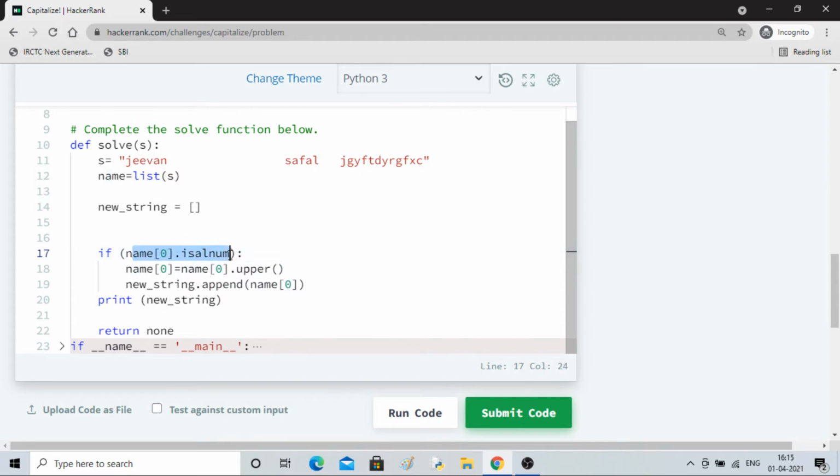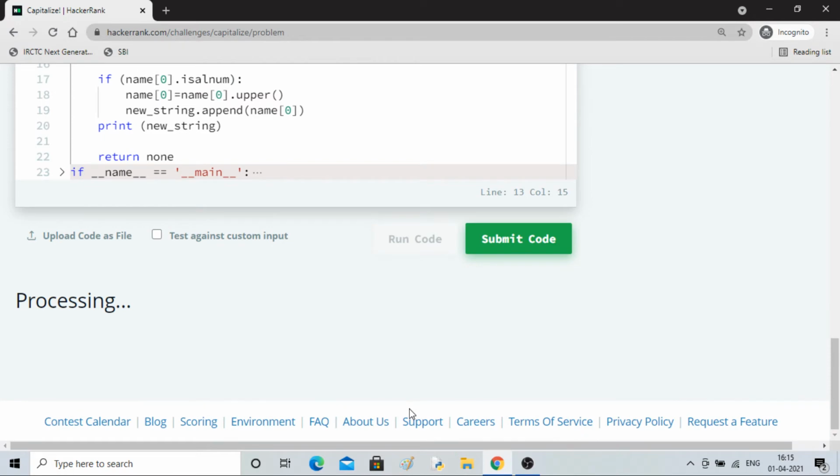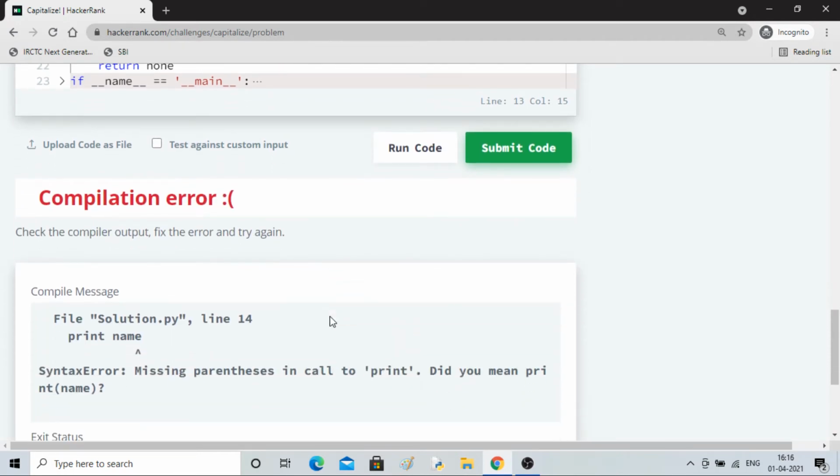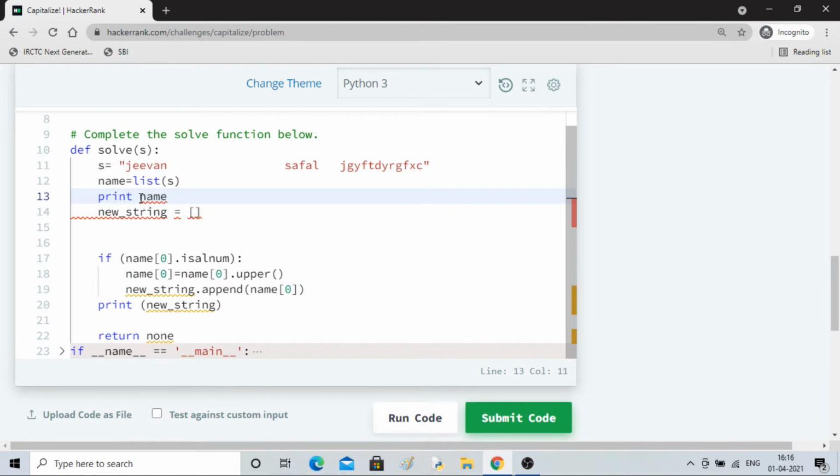If it is alphanumeric, it is checking which is true, then it will go inside, capitalize, and add it to a new string. That's what it is doing. I'll print name as well here so that you will have a reference for what is happening. Missing parenthesis. Okay, so it's Python 2. Now it is fine.